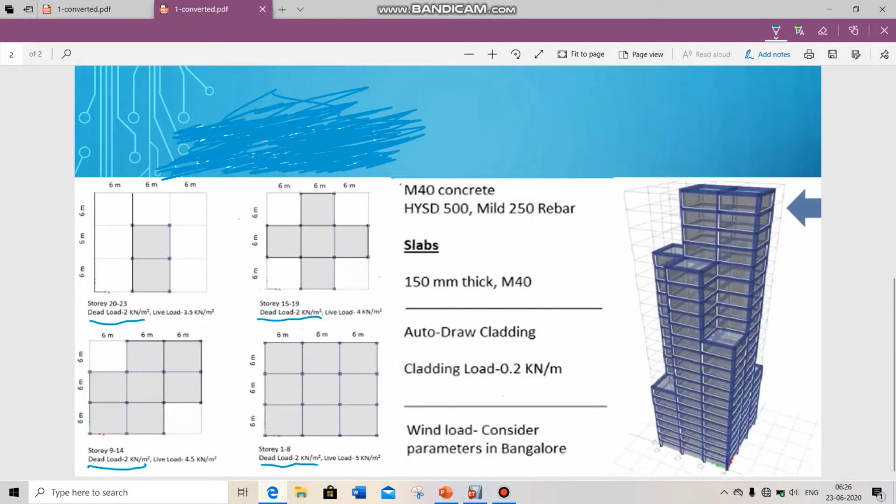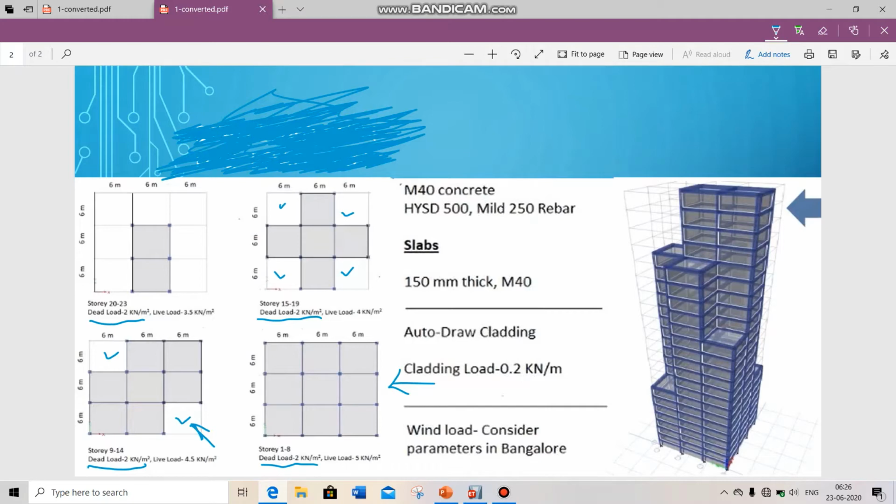You can see here this is story 1 to 8, and this slab has all the shells, but here in these stories the slab doesn't have all the shells. Here there are no shells, and also in story 15 to 19 there are no shells, you can see here.